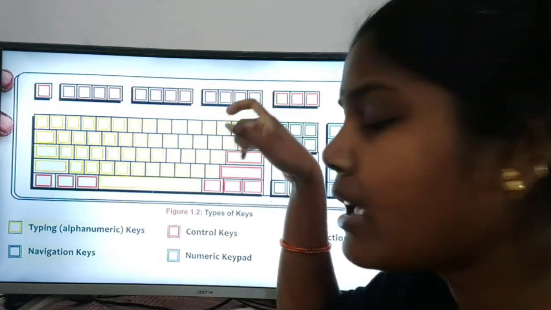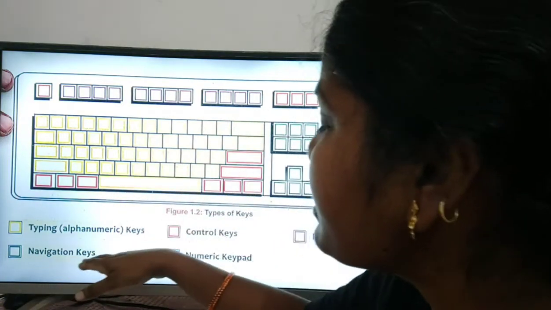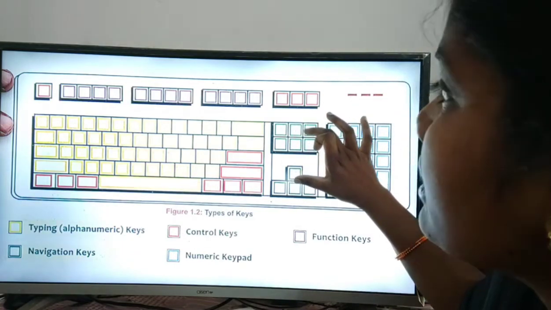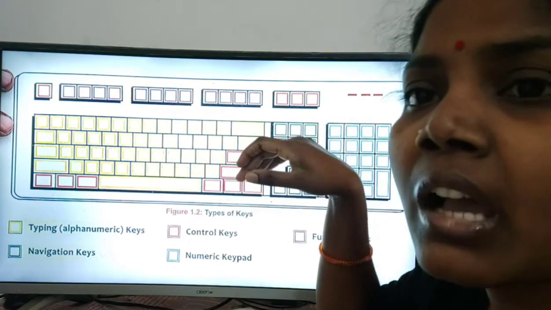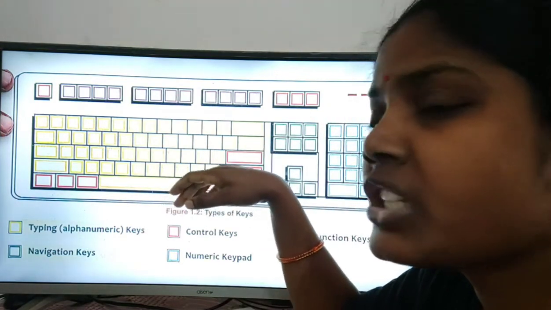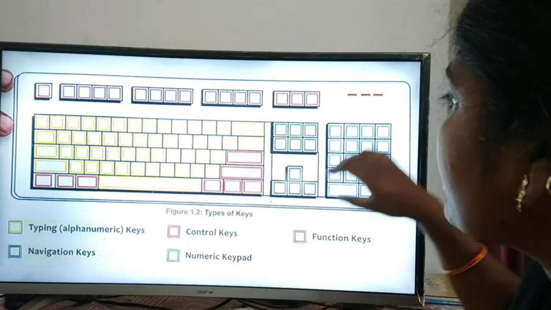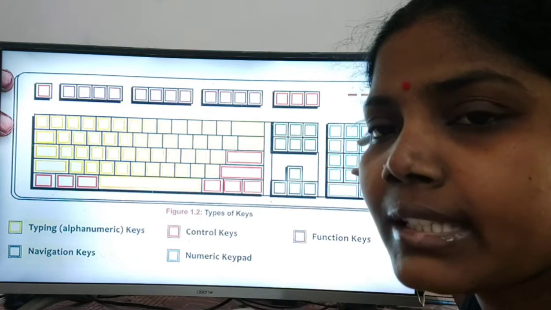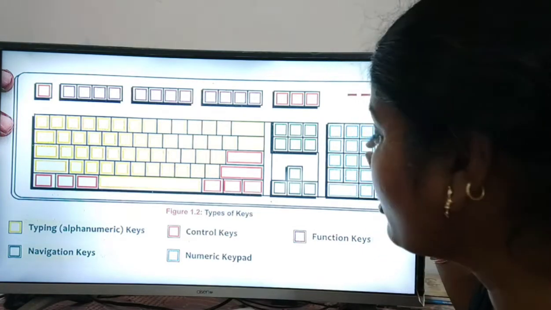Navigation keys are the green and black ones, only these particular keys. And the numeric keys are the numbers 1 to 10 on the keyboard.